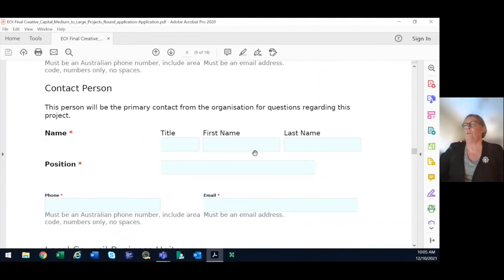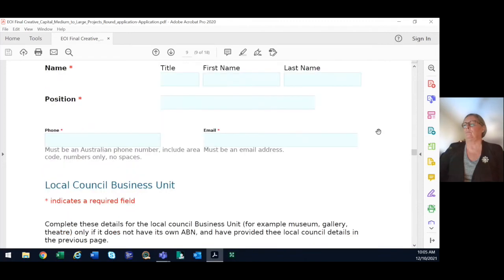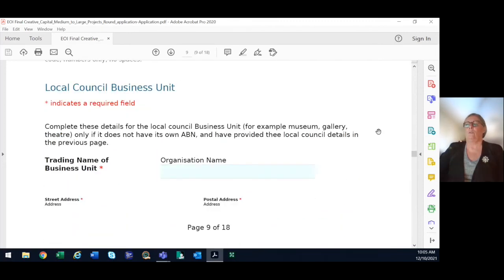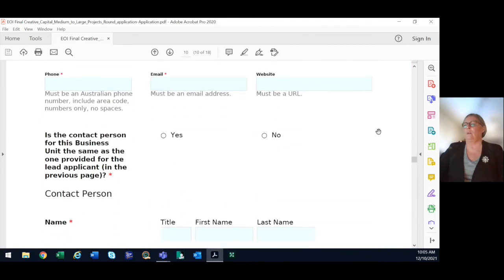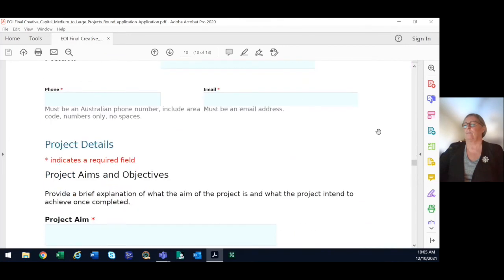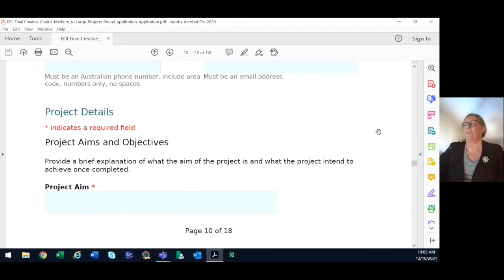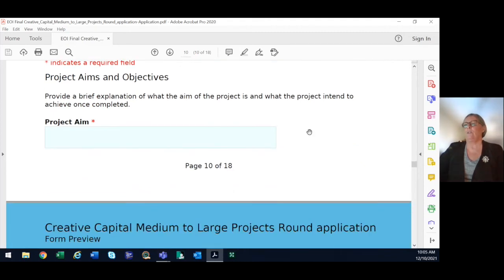We also ask for a primary organisation contact if we need to ask you any questions about your application. And if a local business unit, we ask for those details as well. We then move into the project detail section of the EOI form. We ask that you provide